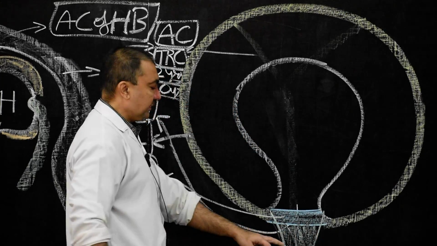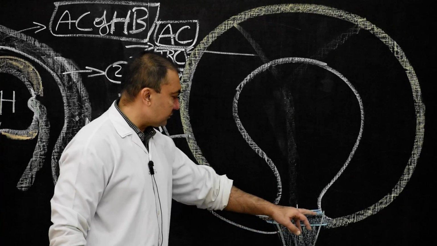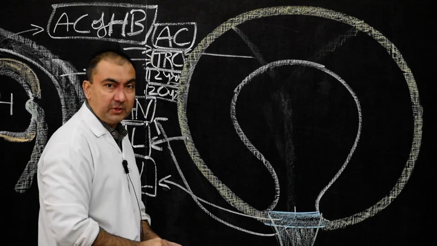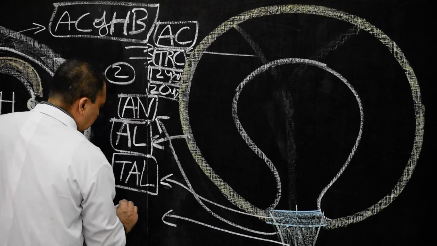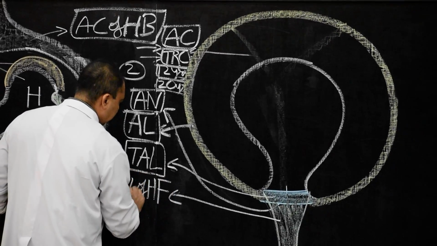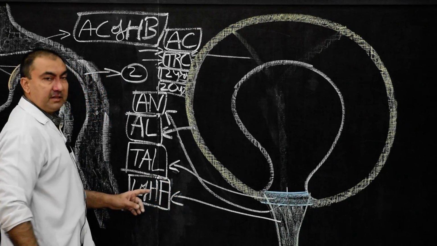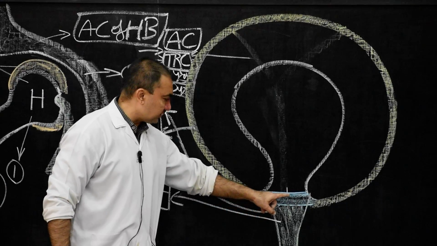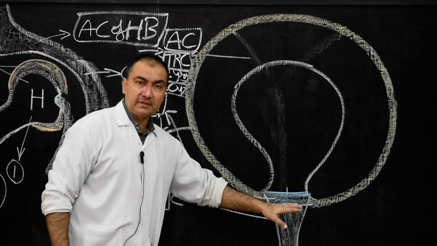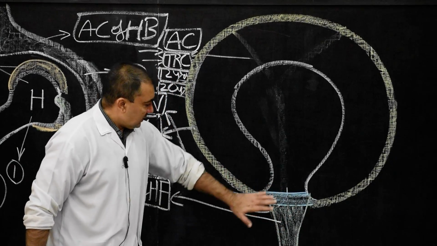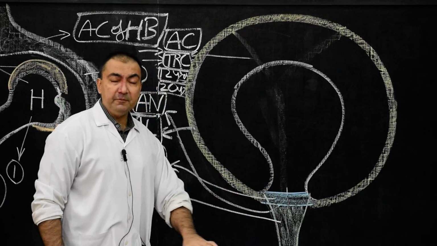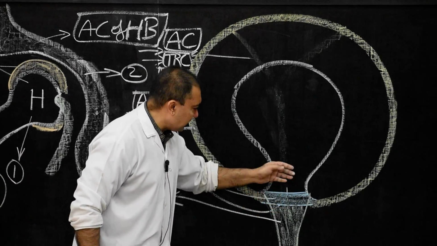The base of this ligamentum teres or ligament of head of femur is attached to the acetabular notch. So here we need to mention the ligament of head of femur, or ligamentum teres. The base of this ligament is attached also to the acetabular notch. Two structures are attached: the transverse acetabular ligament and the base of the ligament of the head of the femur. Now, the gap which is present below the transverse acetabular ligament, between the transverse acetabular ligament and the acetabular notch,